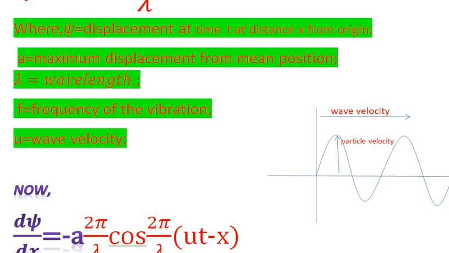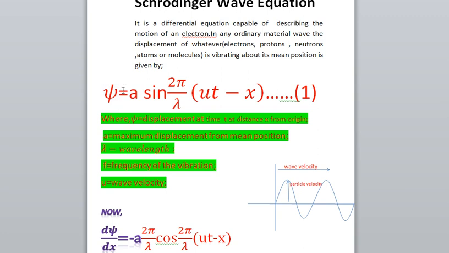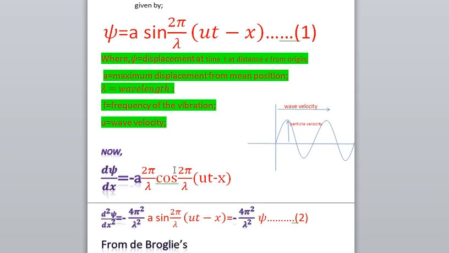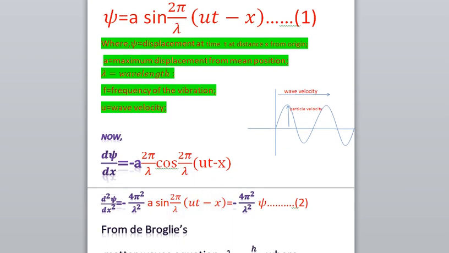Now if we differentiate this equation number 1, then we can get d psi upon dx. We differentiate psi with respect to x. If we differentiate sine, then we get cosine. Minus A cosine 2 pi by lambda (ut minus x), and we have to differentiate 2 pi by lambda into x with respect to x, then we get 2 pi by lambda here. If we differentiate again, then we can get,